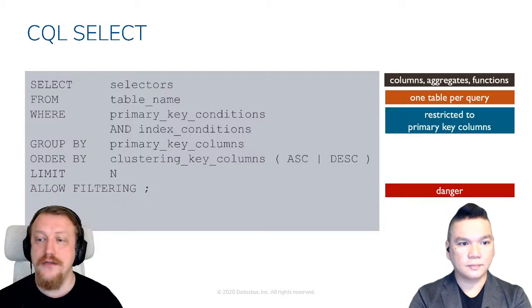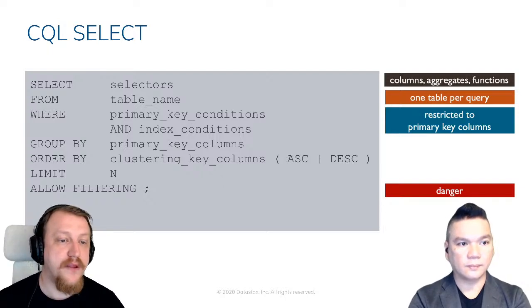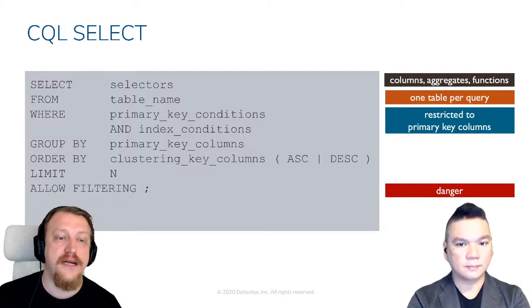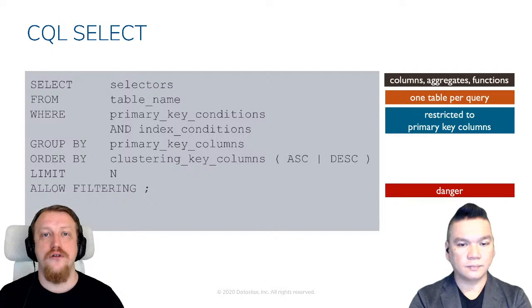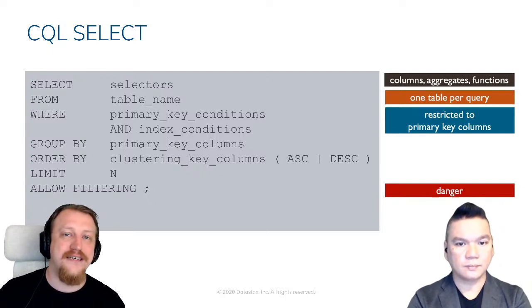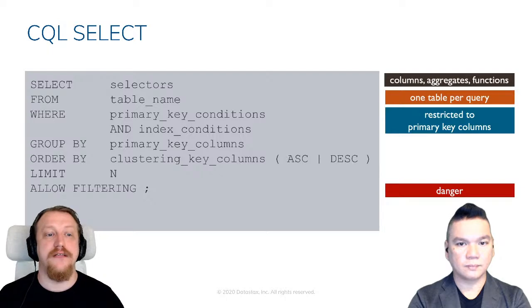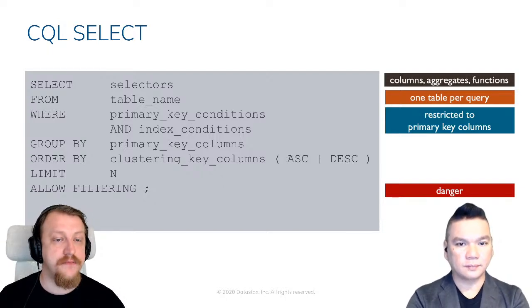When restricted to primary key columns, notice you can use where conditions only for primary key columns. It means what we have: partition key, clustering columns, and data columns. All the columns not mentioned in the primary key are data columns, and without indexes we cannot search by them. It just will not work. So the where clause is restricted to primary key columns. You can use it only for the partition key and clustering columns.